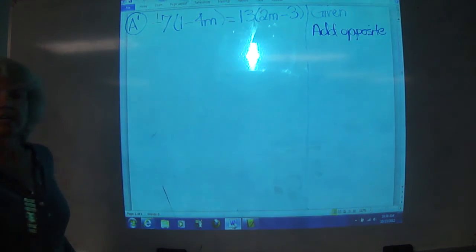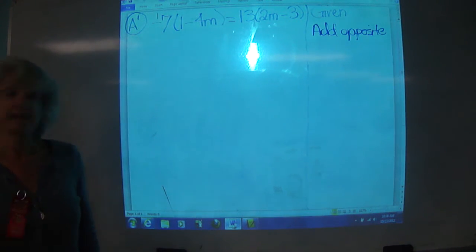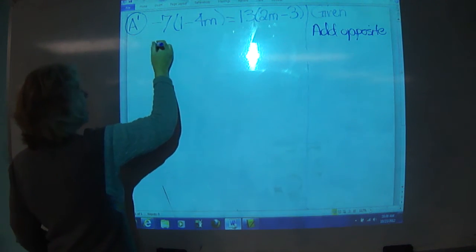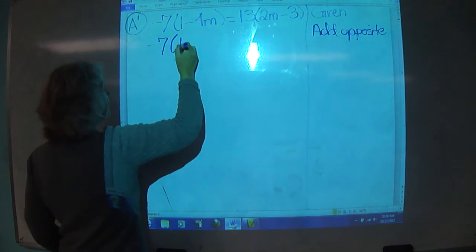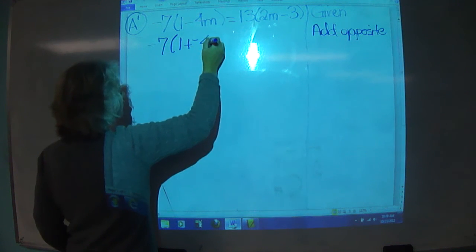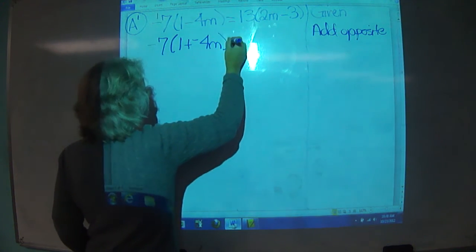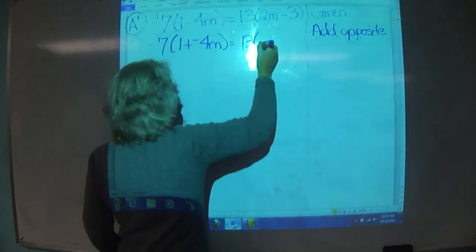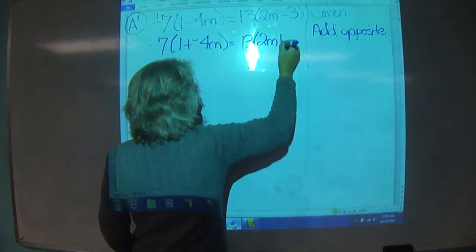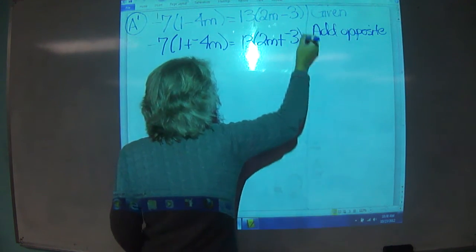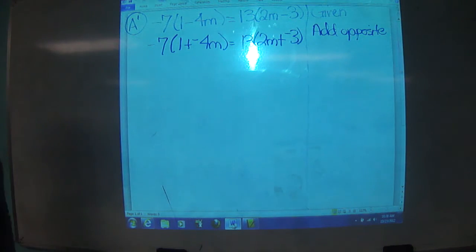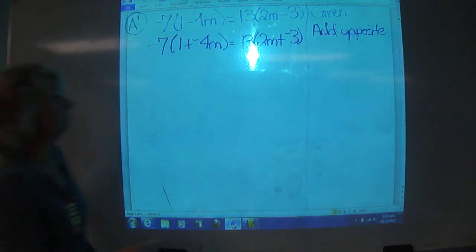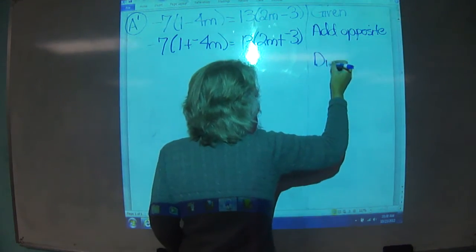You guys can do it in your given step if you've written that on your paper. I'm going to actually write an additional step so there's no question what I've done. 2m plus -3. Then we're going to distribute. We're going to use the distributive property